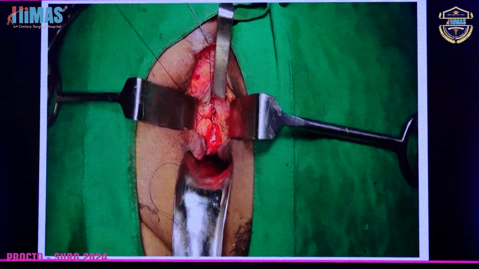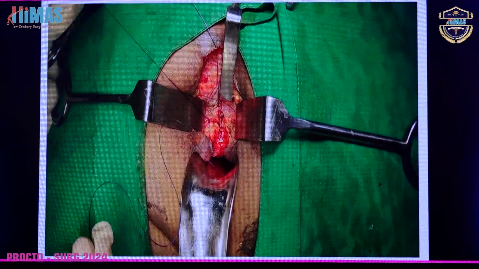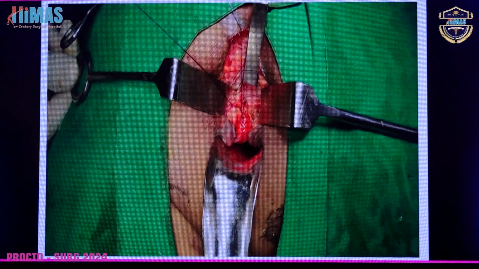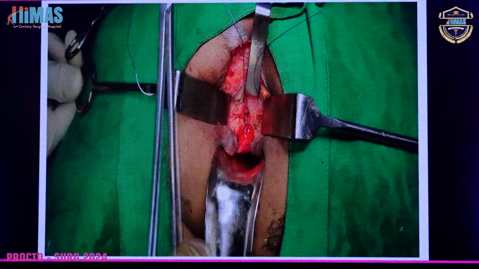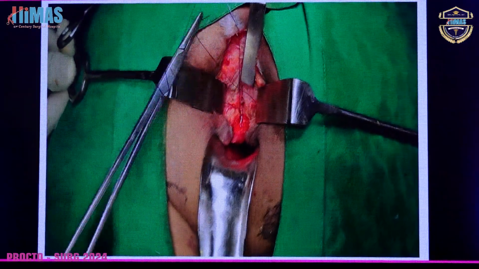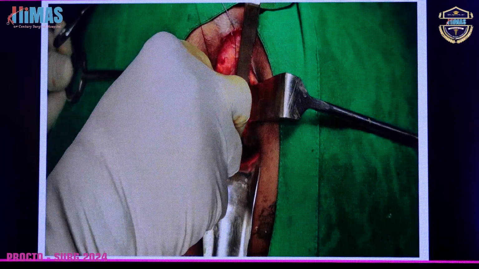You are all surgeons, you must be doing abdominal wound closures. It is a simple closure like that. You just have to approximate the muscles. And the thing is, they should be tension free, because the patient has to sit on the bottom and everywhere. So in case the tension is more, all the sutures will come away,